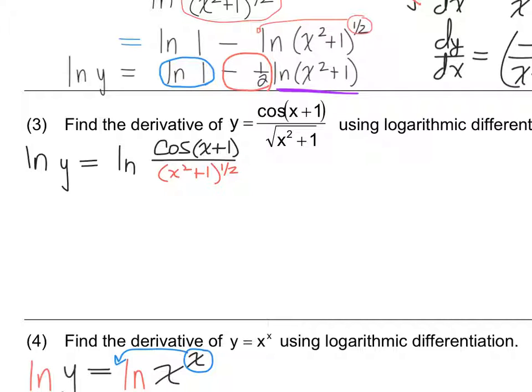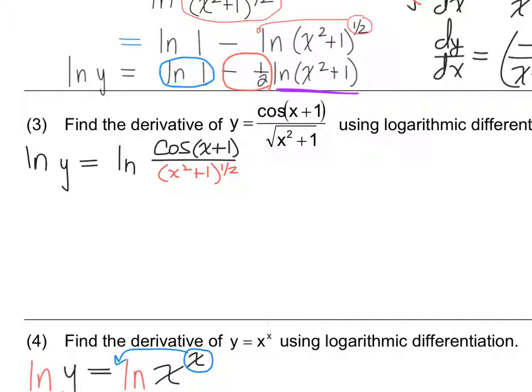Now if you want, you can move it up to the top of the fraction, make it a negative exponent. That's perfectly fine. The idea here is to avoid things like complicated quotient rule, product rule, chain rule. So leaving it as is and letting the log properties dictate the flow of the solution,